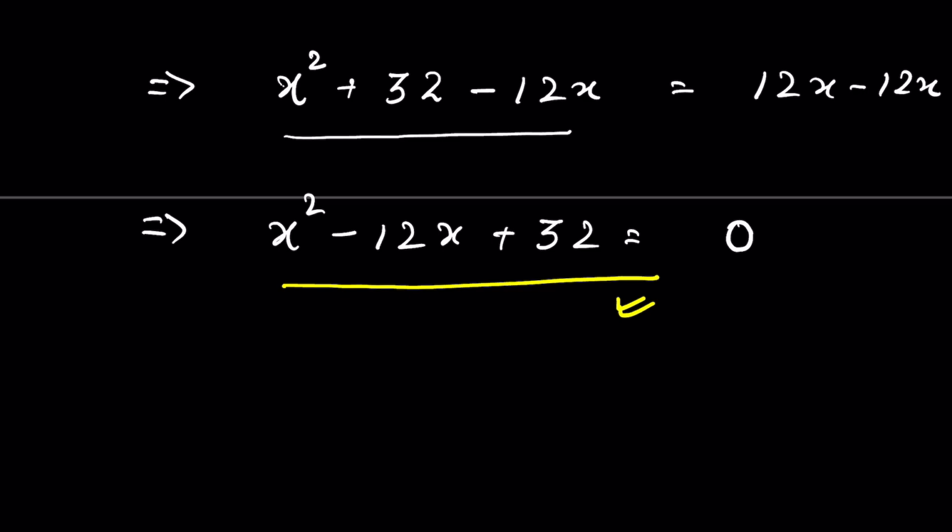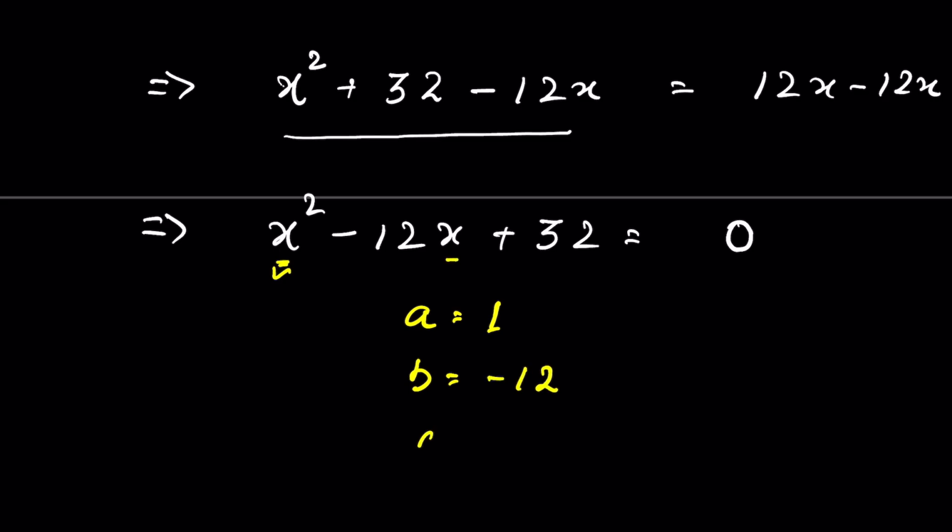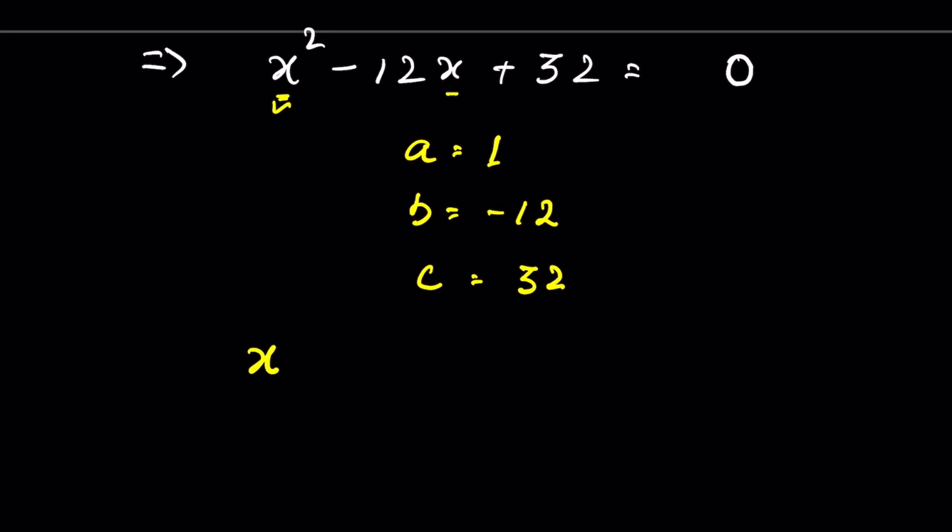We have to find two numbers a and b whose product is equal to c, that is 32, and whose difference should be equal to minus 12. We can solve it using hit and try method, or we can use the discriminant method, where a here is the coefficient of x square, that is 1, b here is the coefficient of x, that is minus 12, and c here is 32. So to find the roots for x, we use this formula,